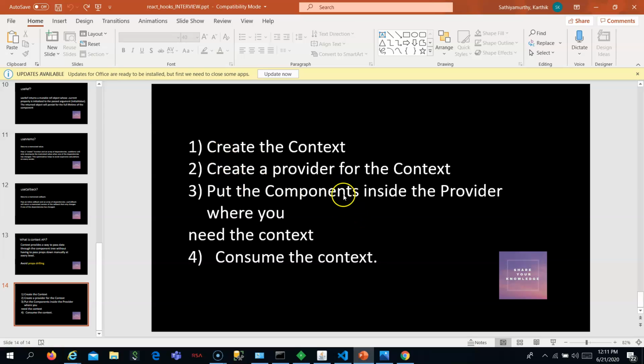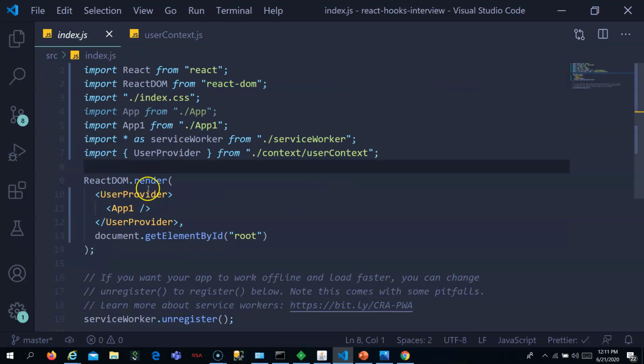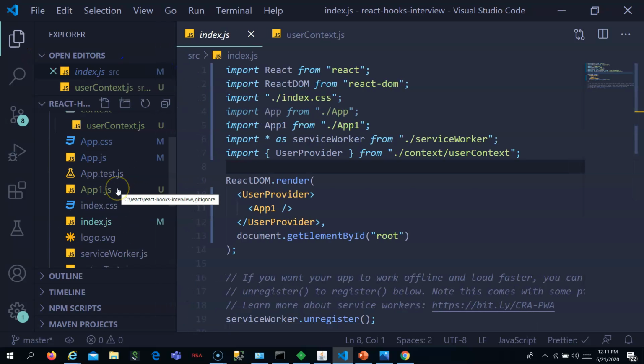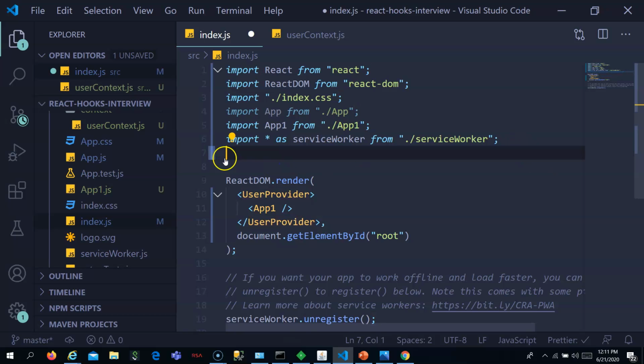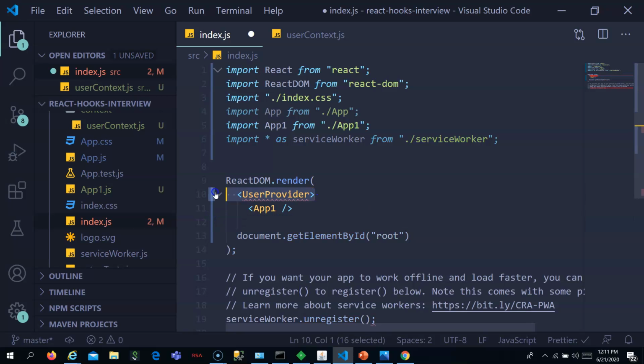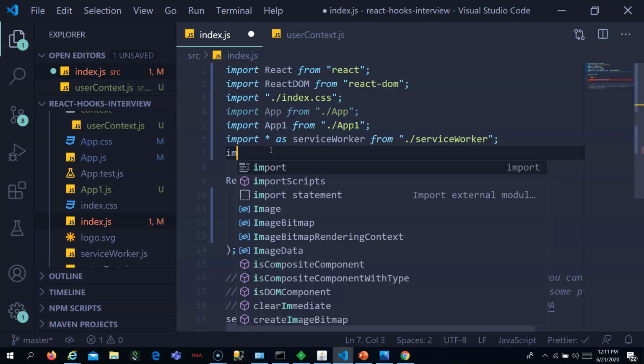Now you can put the provider inside this. You can put the provider. Actually I have done that, but just for showing you, redo it. So you have to import the provider. This is my index.js.